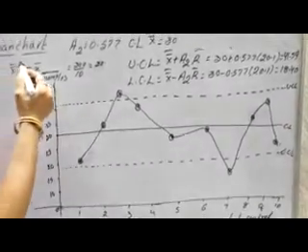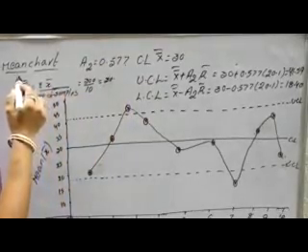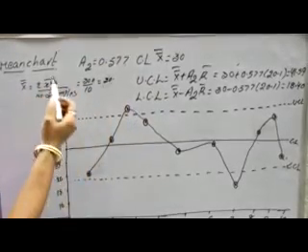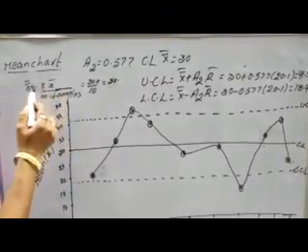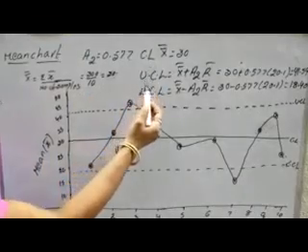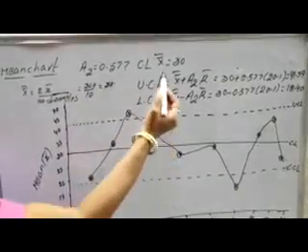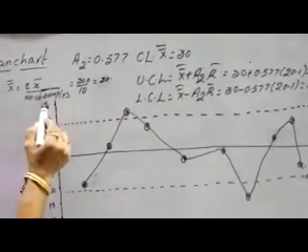Okay, for the example given below, the number of samples is 10, the mean x bar is given, and the range R is given. Now I am constructing a mean chart for your example. I already said that a mean chart can be constructed with the help of three control limits: the control line, the upper control line, and the lower control line. The upper control line we find with the help of sigma x bar by the number of samples.